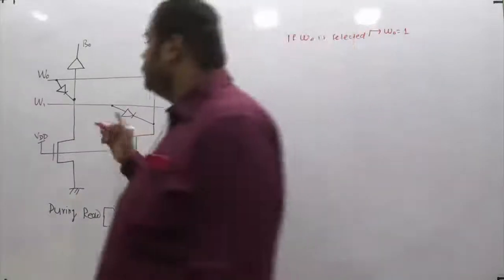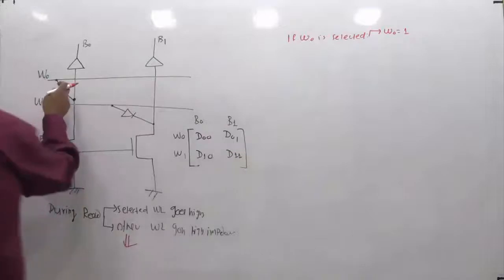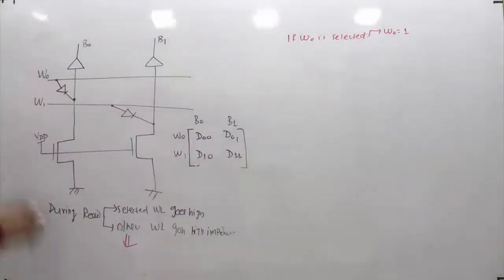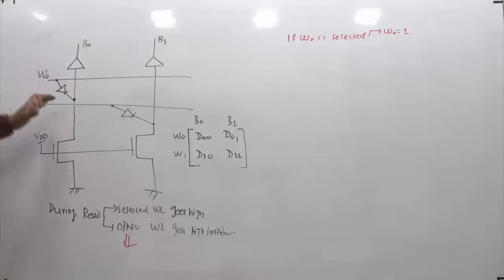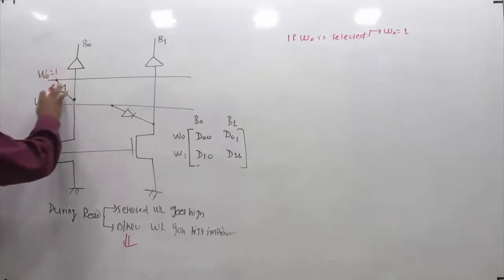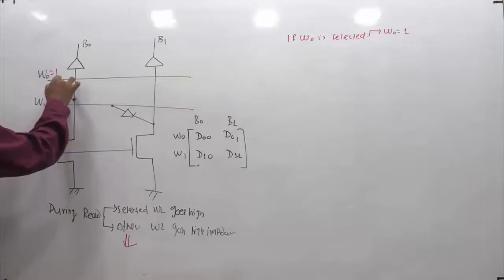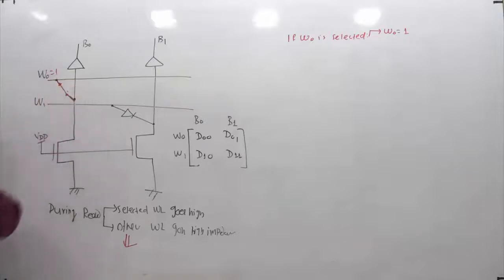Because if you make W0 equal to 0, the diode won't be forward biased, and then there is no point. Because we want to see, if you are manipulating this way, what bit line information we are sensing, right? So you might know what lines are meant to operate the switch. Whatever the situation, you want to access the system, so this should be forward biased, and for that this should be logic 1. And if this is given logic 1, naturally this diode will be forward biased, and by default forward bias means this will be short circuited.